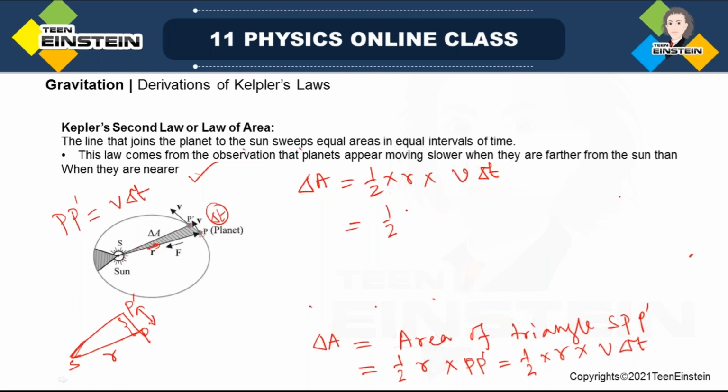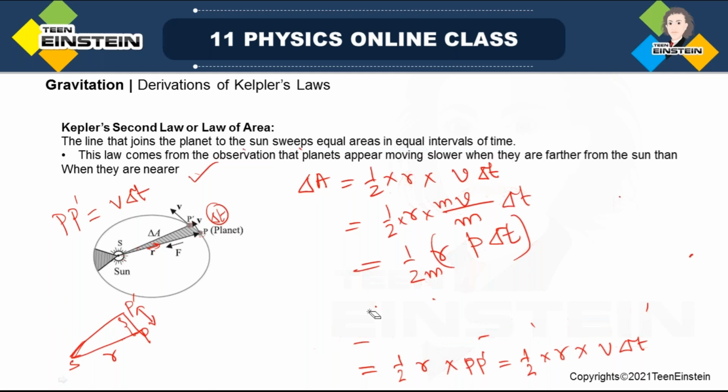So if I multiply m in the numerator and divide with m, there is no change in the equation itself. So we can write this is r p, this can be written as this into delta t, right? So if we write in terms of vector, we can consider the area to be a vector,